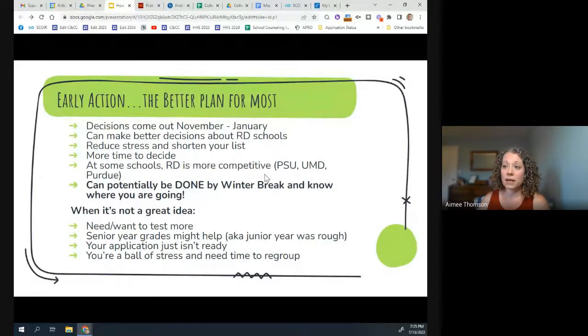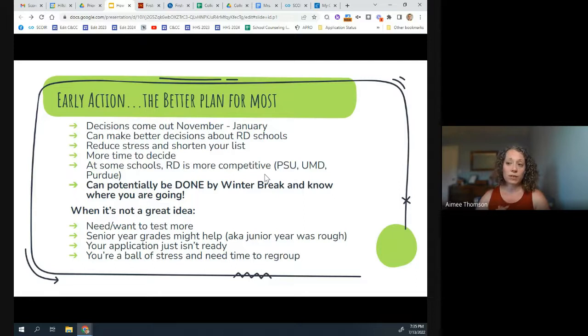Other than a couple of schools that like to be special, for most schools, early action leaves a whole lot of choice in your court. You can apply, for the most part, to many schools early action. You do not have to go if you get into a school that you applied early action. You may receive admission benefits by applying early action, sometimes benefits like priority housing or other things like that, but also, I'll be honest, sometimes a greater likelihood of admission.